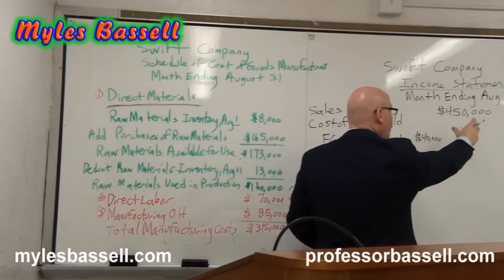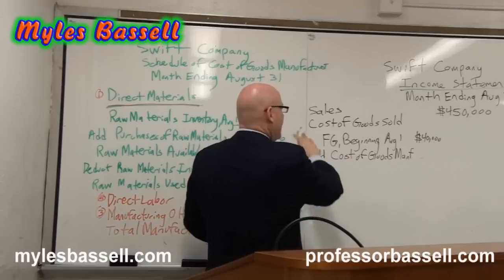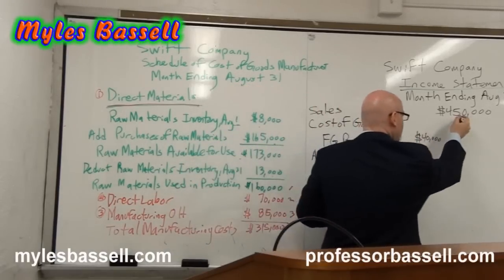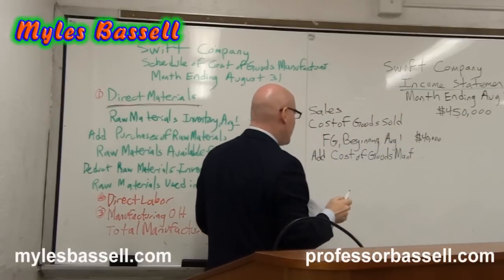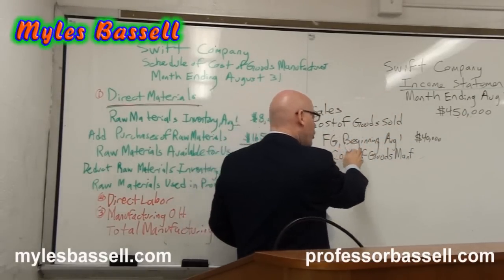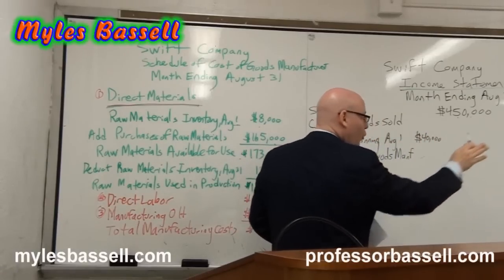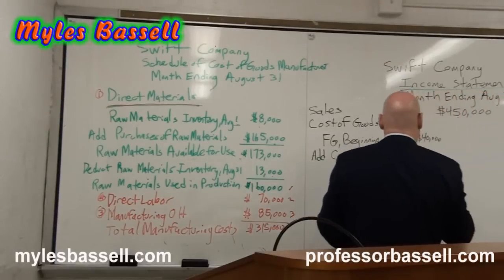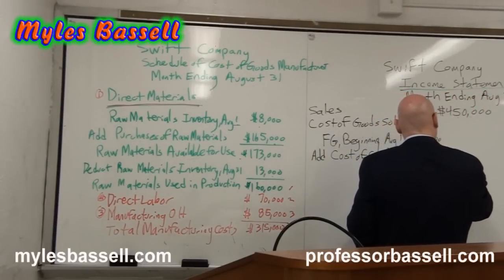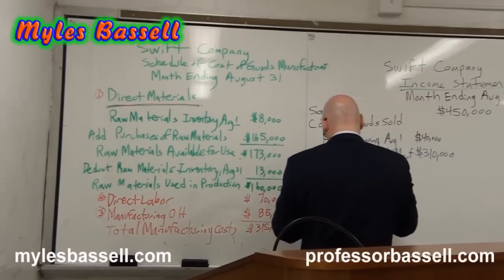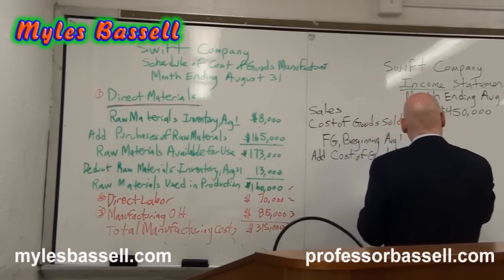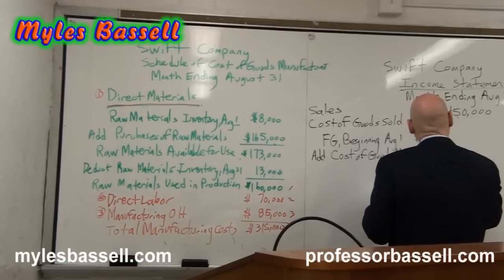We have sales for the month of $450,000. Now we need to figure out what is the cost of the goods that we sold here. So this is the way we calculate it. To calculate the cost of goods sold, we take the finished good inventory at the beginning of the month. We add the cost of goods manufactured, which is $310,000. That gives us $350,000,